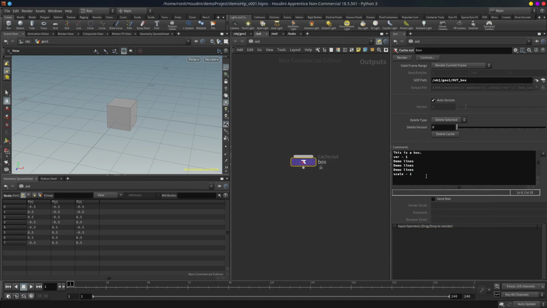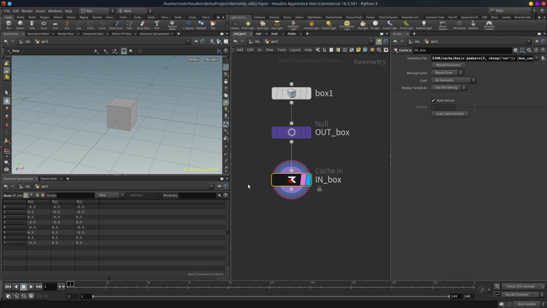So after adding all these comments, once you hit save, you will notice the version will automatically increment here. Yeah, so we are in version 2 now, and our HIP file is also version 2. So once you hit save, and after that, once you come here in the inbox category and you put your mouse pointer in the screen and hit enter, and there you go. These are all your comments here. This is box version 2, demo lines, scale 1. And once you remove your mouse, it will vanish. Once you bring it back on, it will be here again.